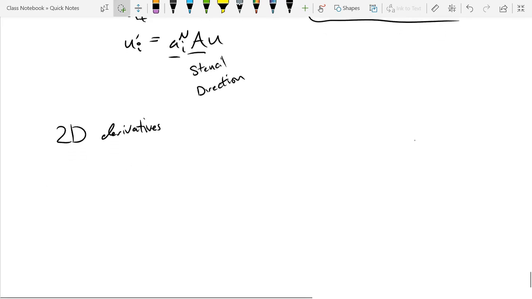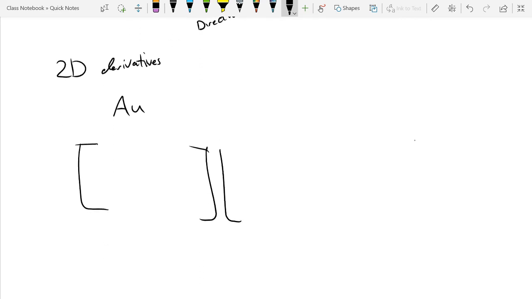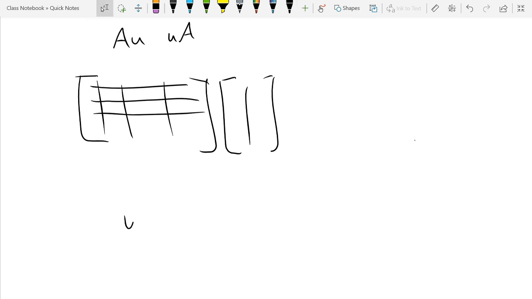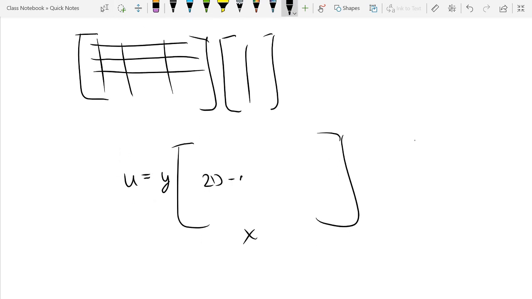So I've always been writing this as a U, and what this actually does, when we do a matrix multiplication, is this takes this row and applies it down there. This takes this row, applies it down there too, right? So matrix multiplication on the right acts by rows, but remember that matrix multiplication on the left acts by columns. So if we instead make our U equal to, if we make this be the y-axis and the x-axis, and so this is a 2D discretization of space,